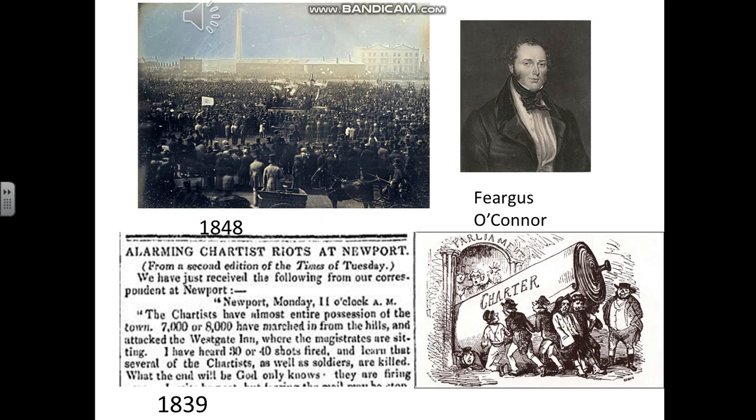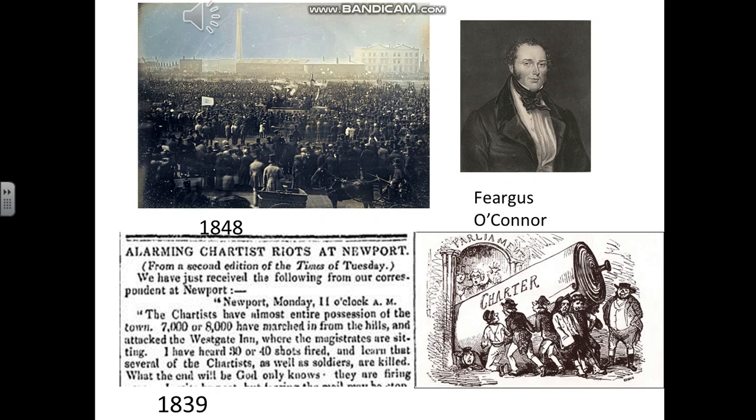And you can see there's a reference to Chartist riots in Newport. Well, that's actually Newport, Wales, not Newport, Shropshire. And there was always the threat of them using physical force. They rarely did so, though. In fact, normally they confined themselves to writing long petitions, such as the one you see there being pushed into Parliament, signed by millions of people calling for the vote. And their last major meeting was at Kennington Common in London.